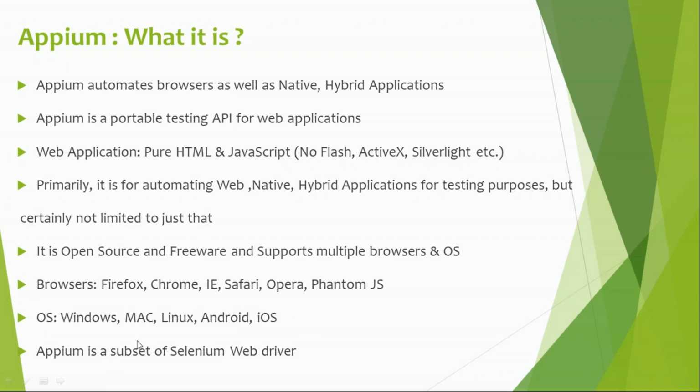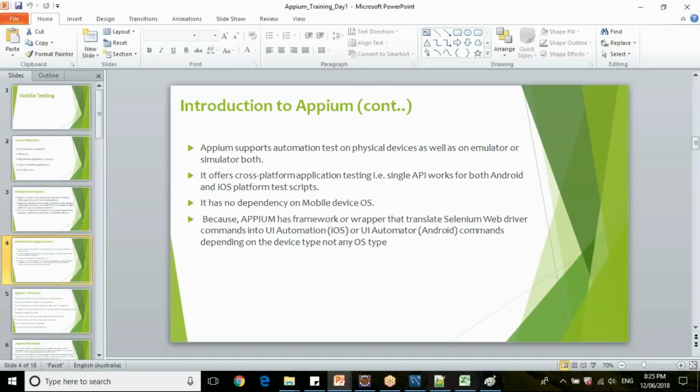And APM is a subset of Selenium WebDriver. So as I told, the code is the same that you write for Selenium and APM, right? Because APM is a subset of Selenium WebDriver. You will still have the Selenium WebDriver API, all the methods of WebDriver like the Select class, find element by ID, clicking the element, scrolling the element, switching to iframe, switching to window, drop down. So all these operations, whatever code you write in Java for Selenium, the same code will work for